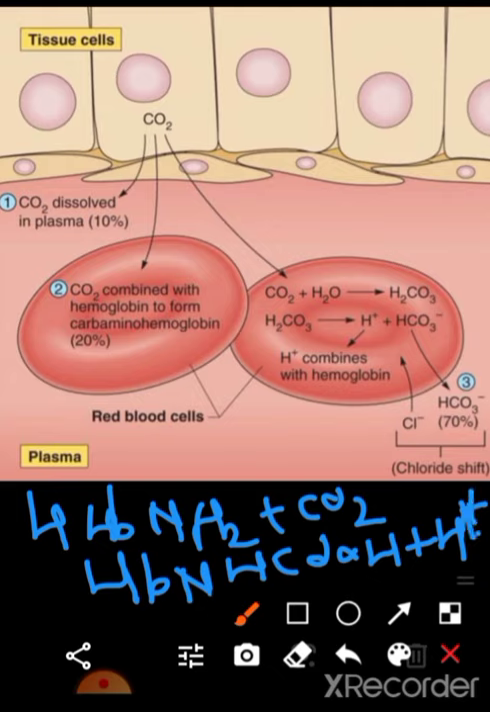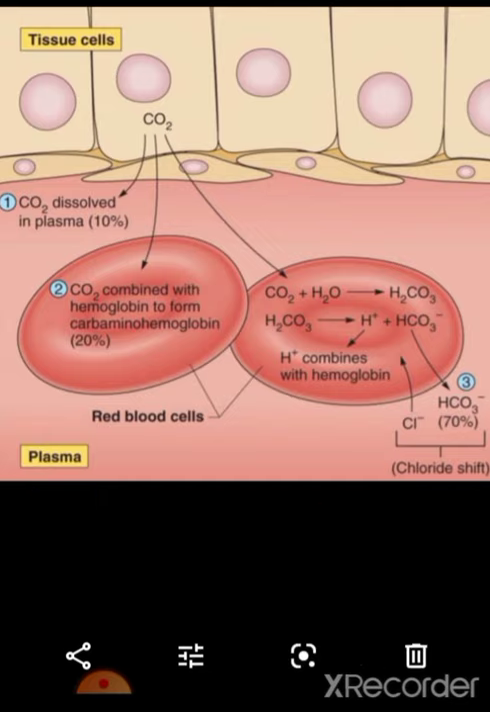Okay, so a small amount of carbon dioxide also reacts in this way with the plasma proteins. Okay, so about 23% carbon dioxide is transported in combination with hemoglobin and plasma proteins. Okay,